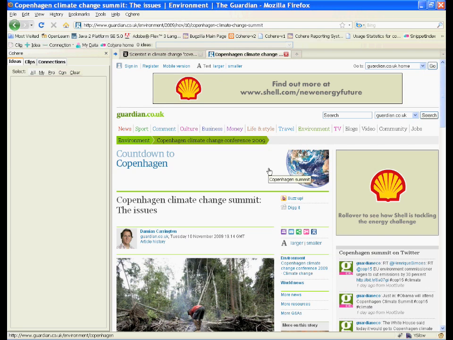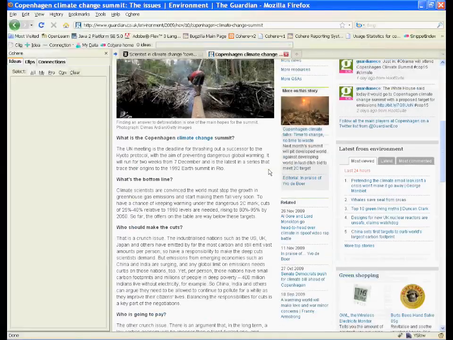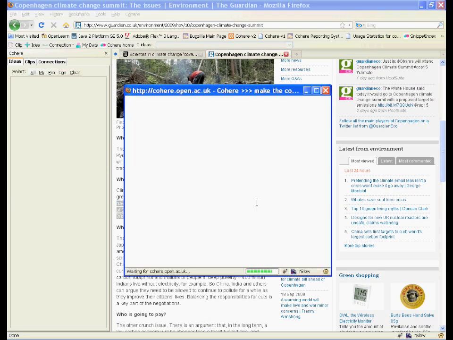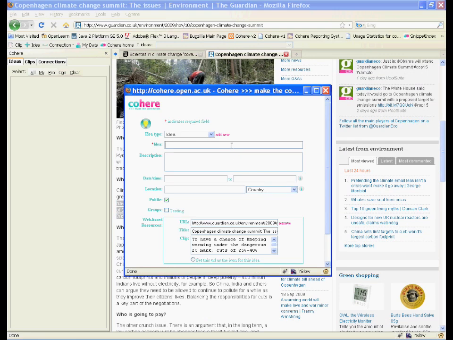So to begin with, I'm just going to show you how we do the standard annotation that most systems like SideWiki do. So I find an interesting article, I've got a little clip I want to talk about, I highlight it, I turn it into an annotation,